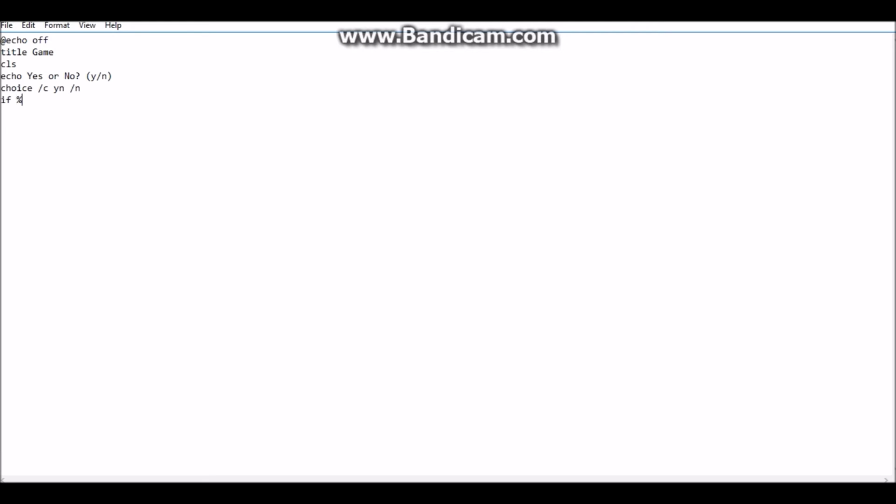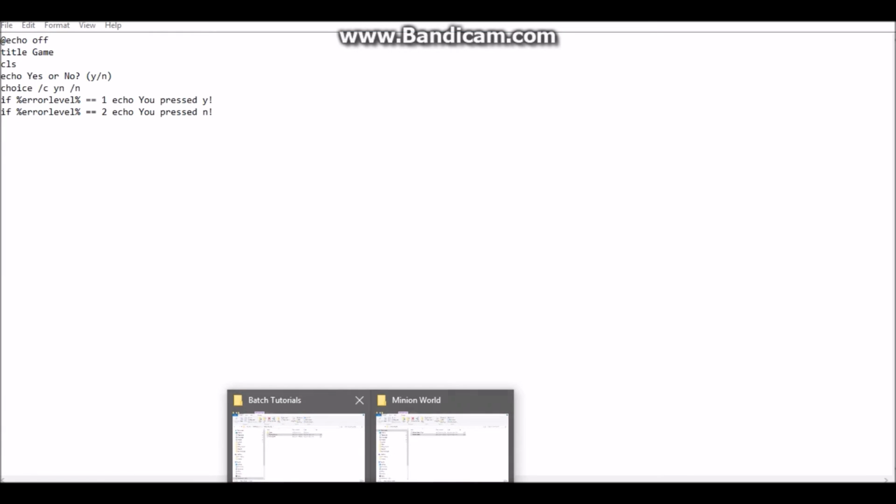So now, if error level, and I'll explain this in a second, equals 1, then echo you pressed Y, and you pressed N. So what this says, the error level basically just says, error level 1 means the first thing we said here, which is Y. Error level 2, the second thing we said here, which is N. So now if we save this and run it, you'll see that